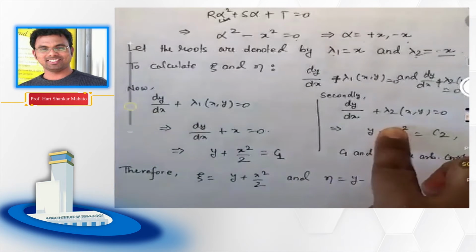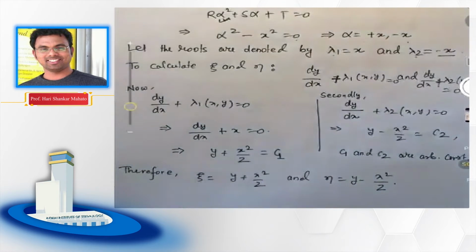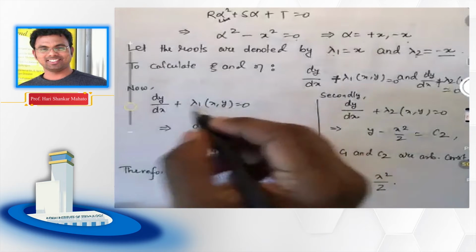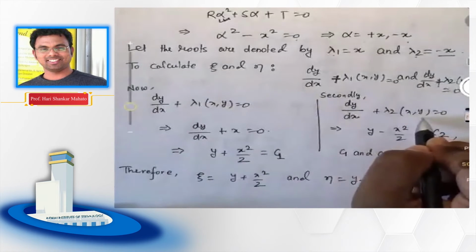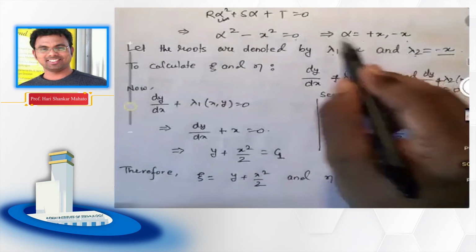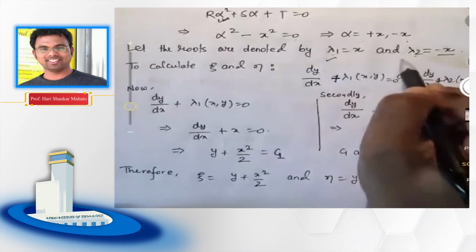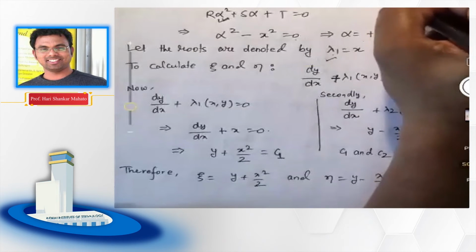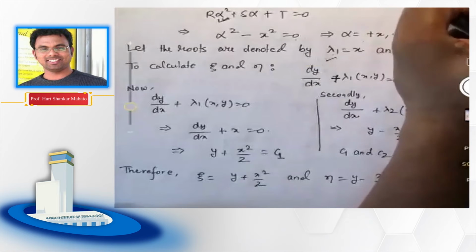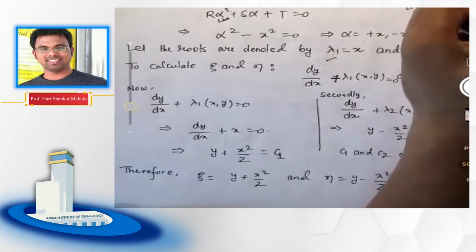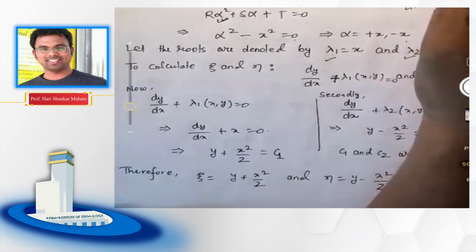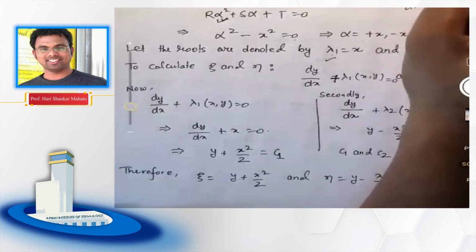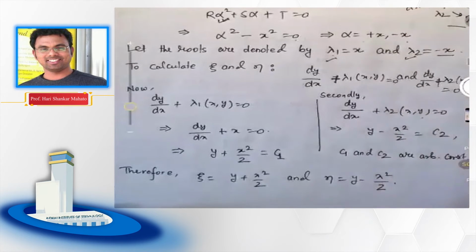There is a small theory behind it. If you are interested, then I would recommend you to look into the book of T. Amarnath in chapter 2, where they show why we have to consider this ODE. But the working rule is you solve this quadratic equation, find your lambda 1 and lambda 2, and put them in this general ODE, dy/dx plus lambda equals to 0. In place of lambda, you take once lambda 1 and then another time lambda 2, and solve it. For lambda 1, you will get xi. For lambda 2, you will get eta. That's the overall idea behind it.